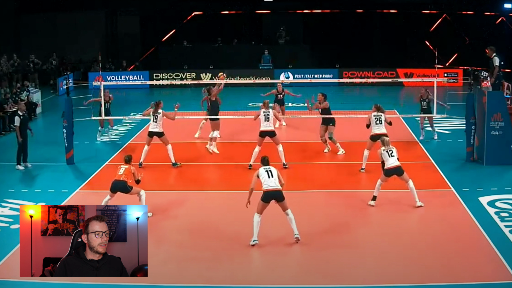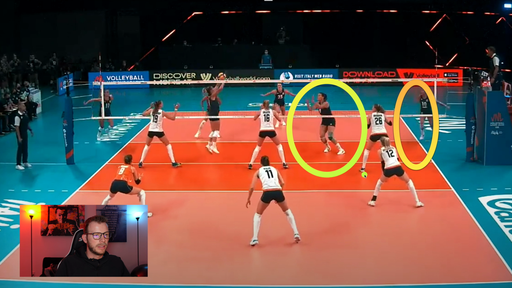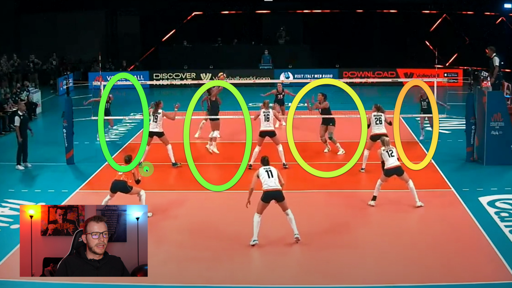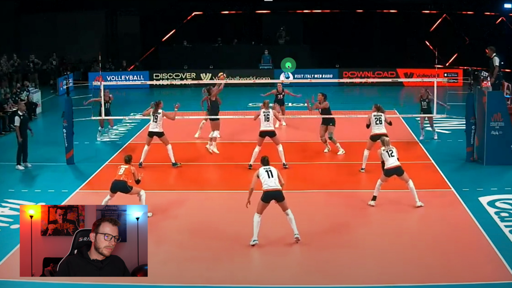Okay, so the first thing that I want to talk about here is we are setting gaps, right? There's a gap here between the blocker and the antenna, these two blockers, and this blocker and that antenna. So what we want to do is hit where there's not blockers, right? Yeah, that's a great idea, huh? We also have this BIC option here who's available, who can hit in these open lanes because they're far away. So as long as they don't close that block, or maybe this middle comes over here with this guy,